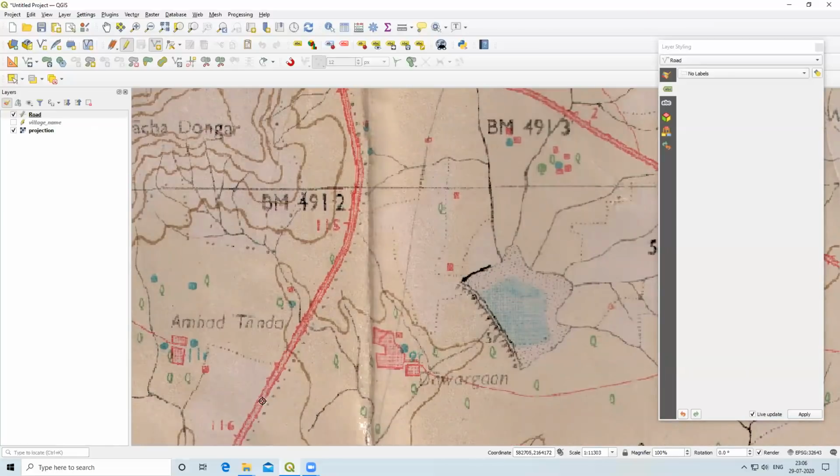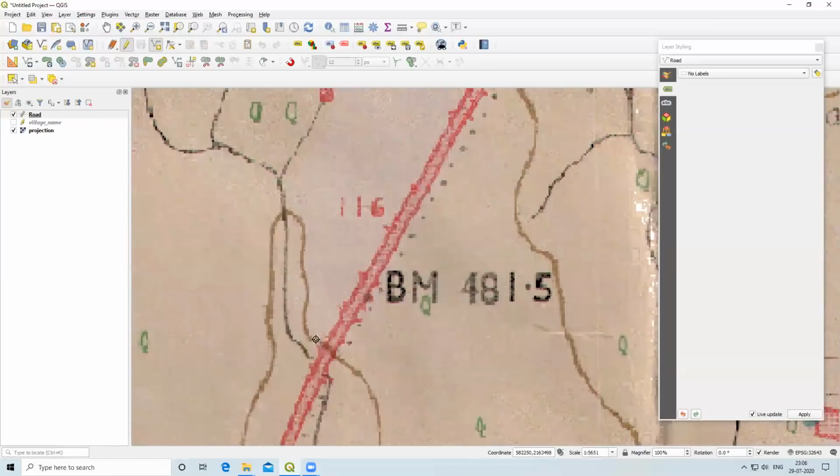Left click I am doing. You can use the scroll option, scrolling in or scrolling out.